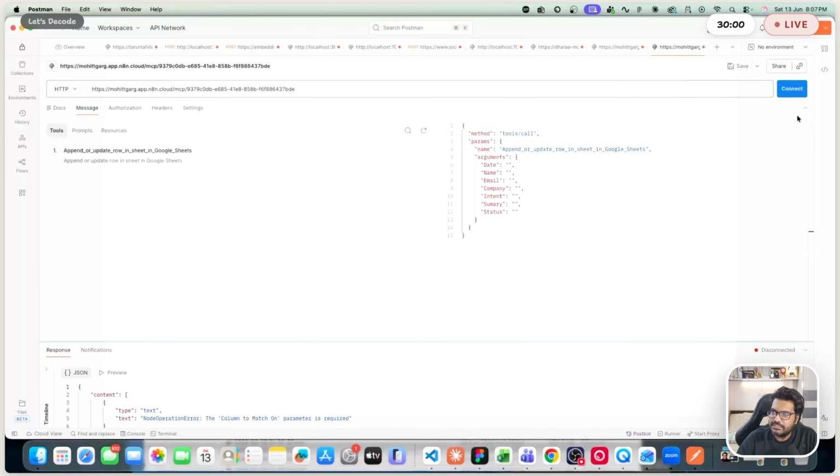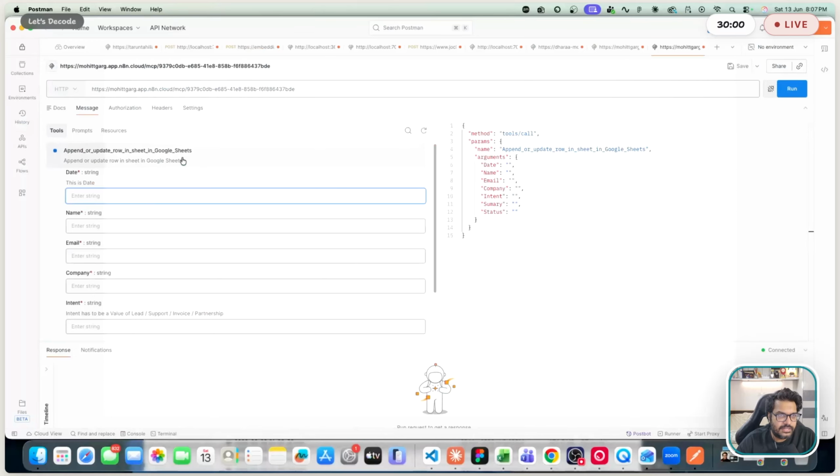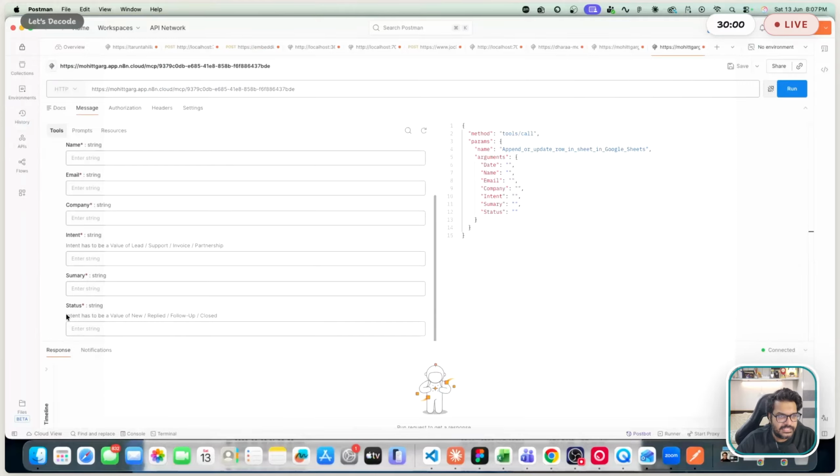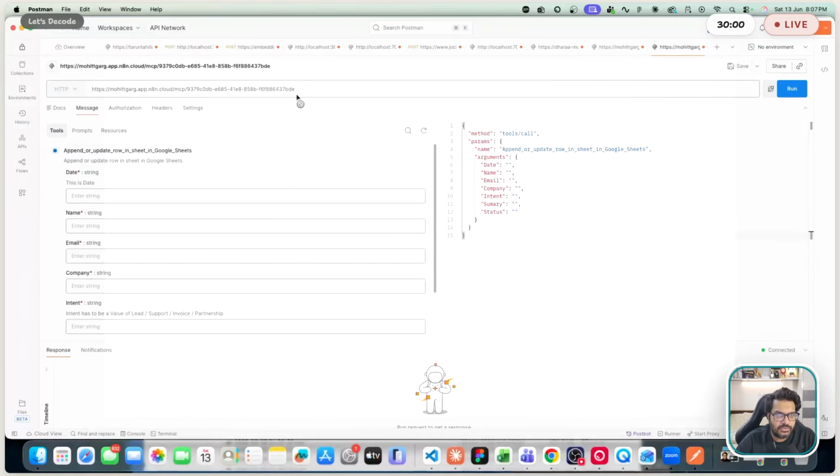Okay, one second. Let's just connect. If you see, we have this new tool here. It has date, name, email, company, intent, summary, and status, which also has this description around it. And this is something we have to add in our